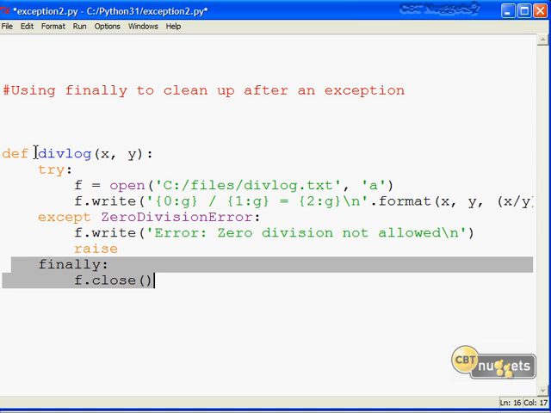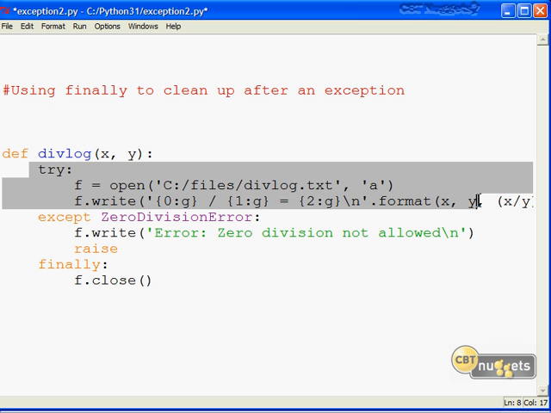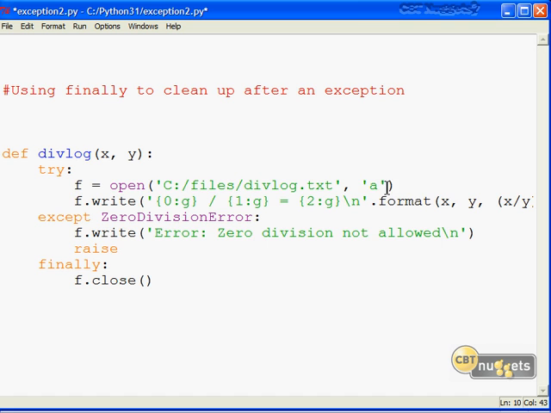That is to say, in our function declaration, divlog, that's going to take two arguments, x and y, and very simply divide y into x, we're going to try to open up a file for appending. So we'll be able to run this function multiple times and not overwrite any data that's already in this file. And then we're going to write a line to that file that gives us a user-friendly representation of whatever arguments we've